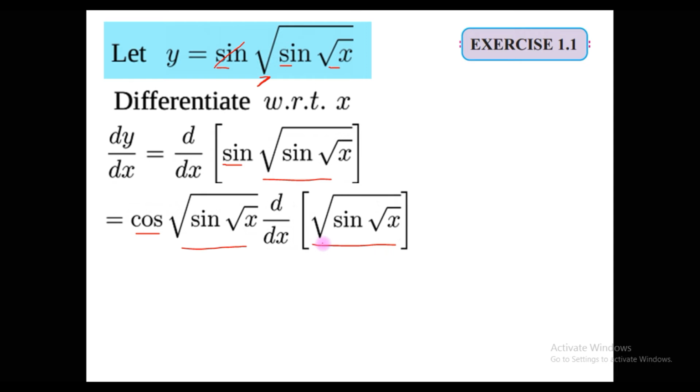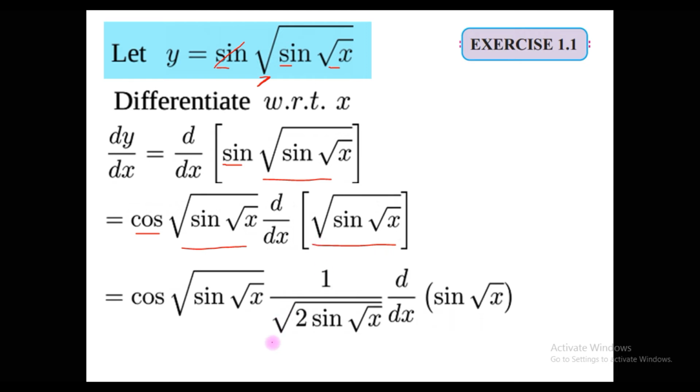So now this derivative is over, then we can go for this derivative root of sine x. Now what is the derivative of root? It is 1 upon 2 root. See, I am focusing over here. Derivative of root part is 1 upon 2 root. Whatever is inside the square root, we will write it as it is. And then the derivative of inside part. That means we should come to now third function. Derivative of inside part, sine of root x.